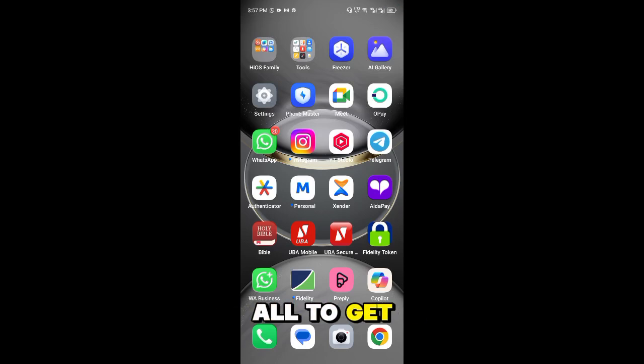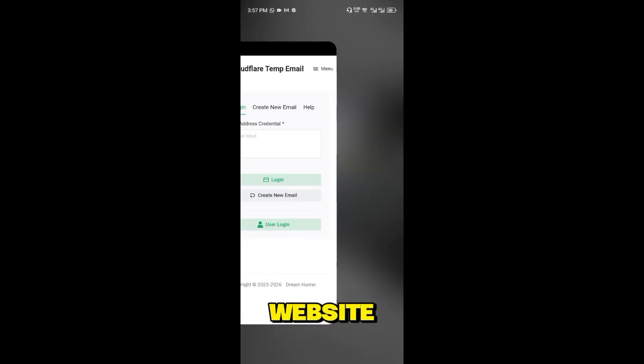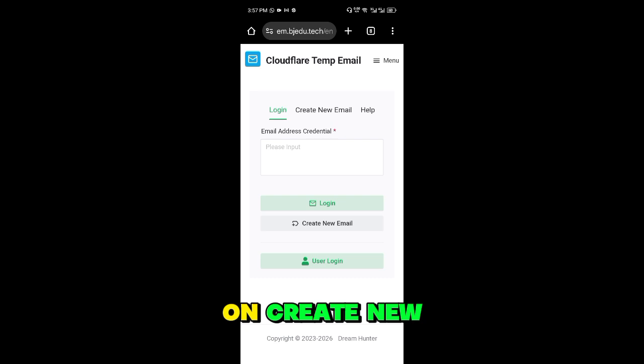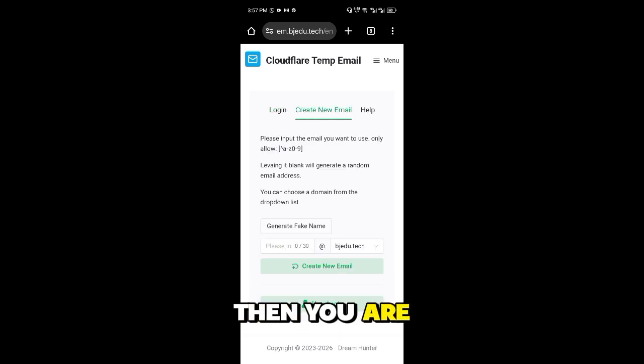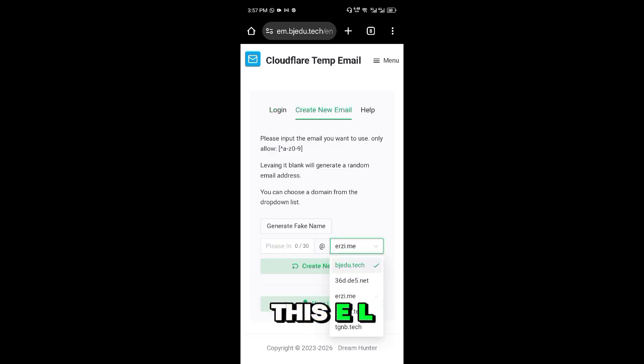So first of all, to get the 1 year of ChatGPT, you click on the link in the description box to direct you to this website. Once at this website, you click on create new mail. Then you are going to select this